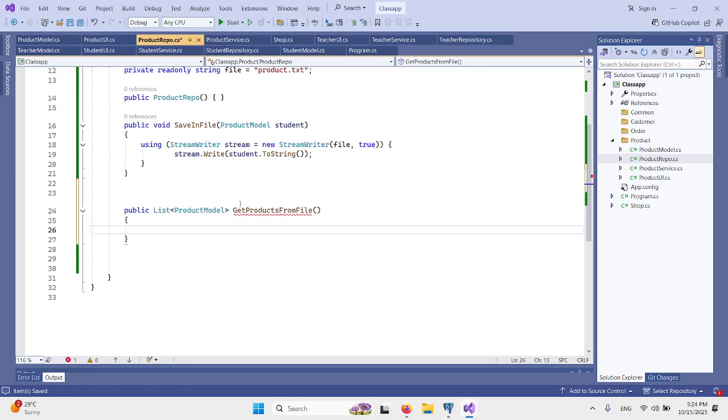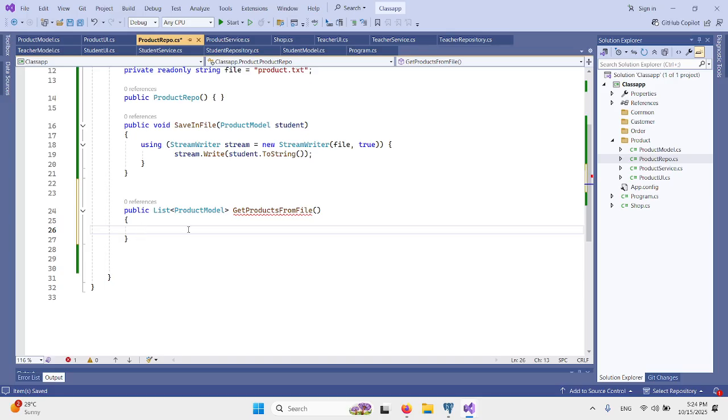When you call it, here we will write the logic to load all the data from the file, make a list of products and return it. Why are we making the list? Because it is easy for us to deal with the list. We can iterate on the list, so every time we iterate we get a single object at a time, and you can operate on a single object easily.